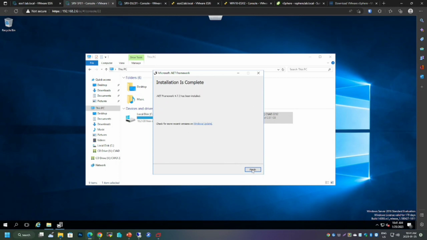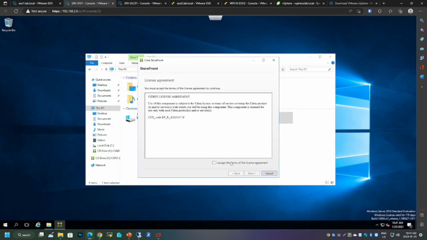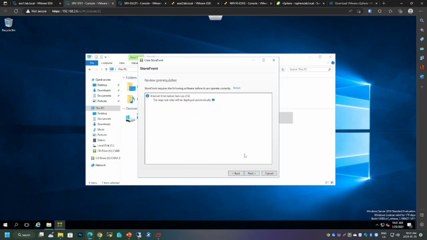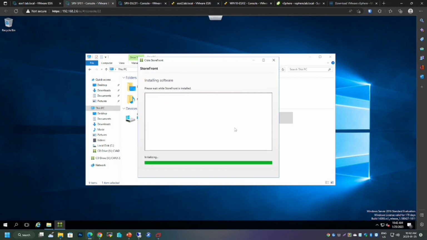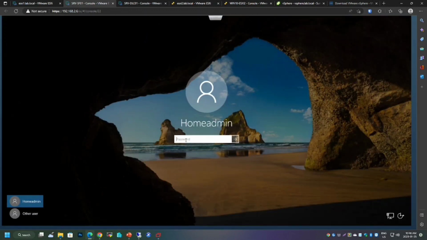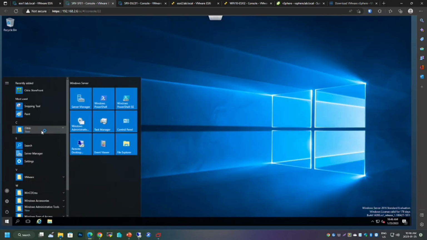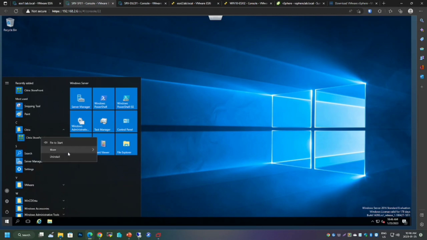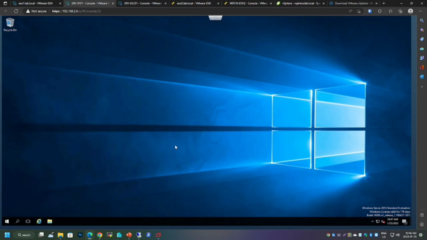So it's installed. Click on finish, and now accept. Click on next. It will install the IIS, which will be delivering the website or a URL. So install it. So StoreFront is installed. We'll click on finish, and it needs a reboot as well. Once rebooted, just sign in with your credentials and click on start. Here you can see the Citrix StoreFront, and I will again create a shortcut on the desktop. Double click on that,